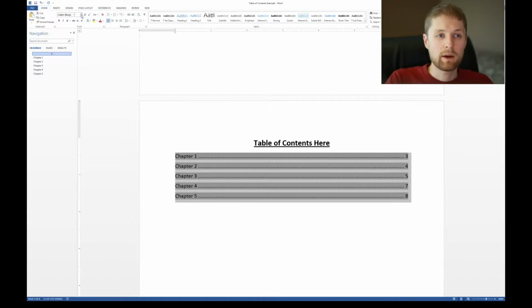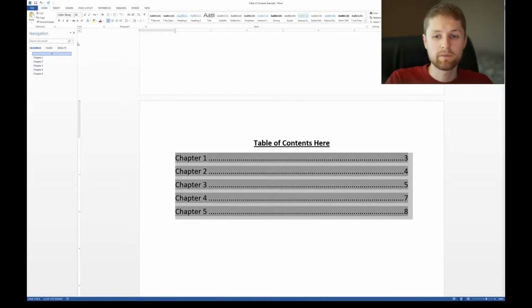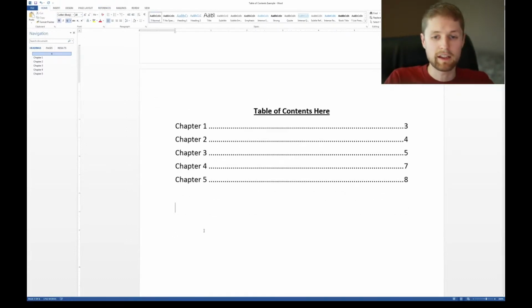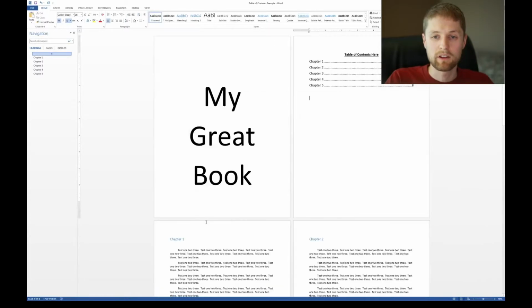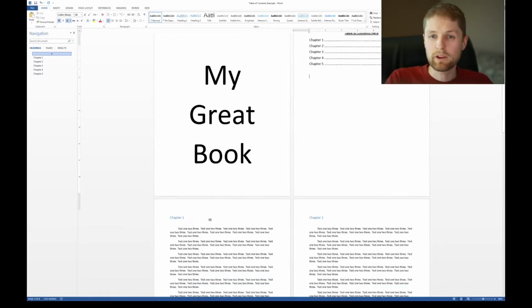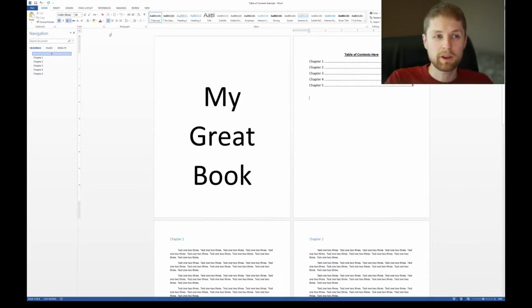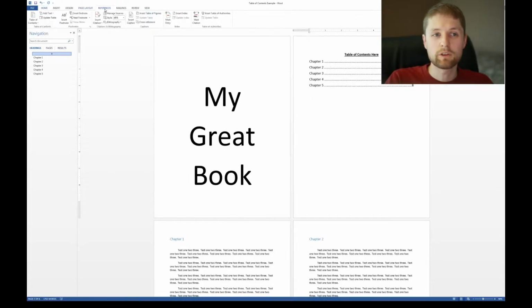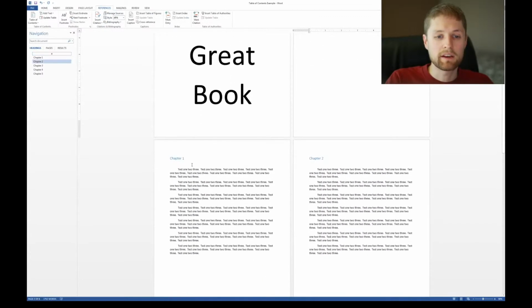Okay. So now I'm going to show you how to do the same thing, but just inserting links and using bookmarks. This way is helpful if you want to do more custom type stuff. But nine times out of 10, using the first method should work well for you. Okay, so to come in and insert a bookmark, what you're going to do is select the text that you wanted to highlight, and